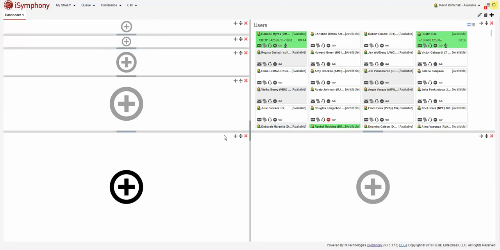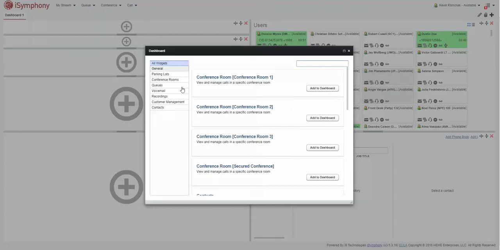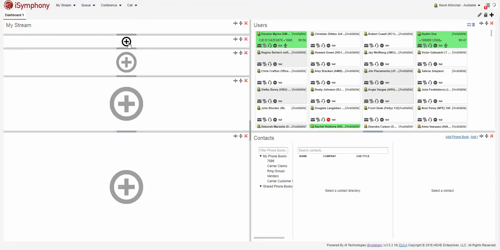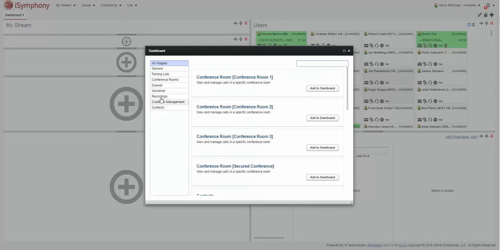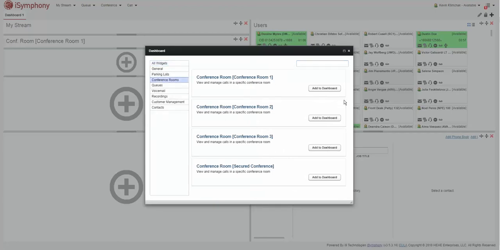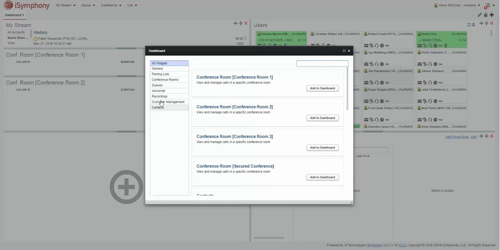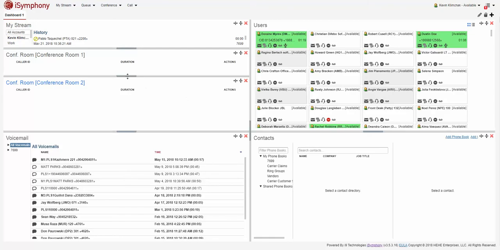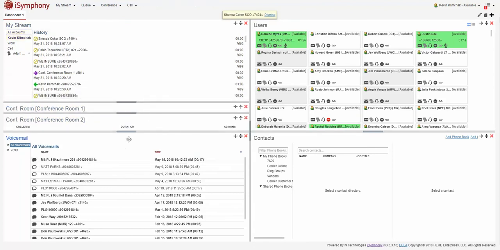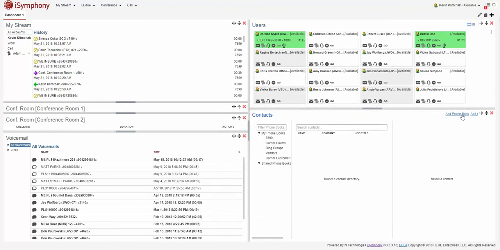Down here we'll do our contacts. And we'll make this one our My Stream. And we'll make this, where's our conference rooms? Add a dashboard, conference rooms, dashboard 2. We'll go ahead and delete that, I created too many. And we'll make this our voicemail. Like I said, you can move these around however you want, left, right, up, down. Change the view, go in here,